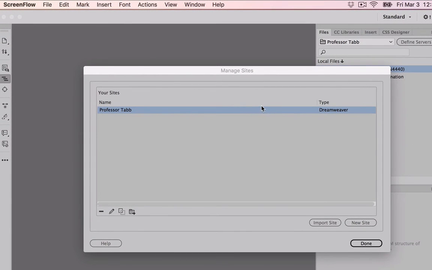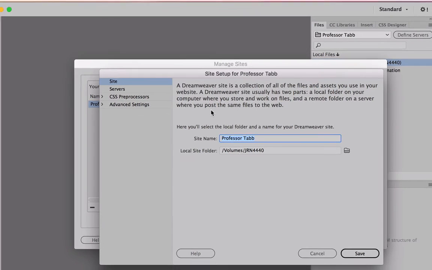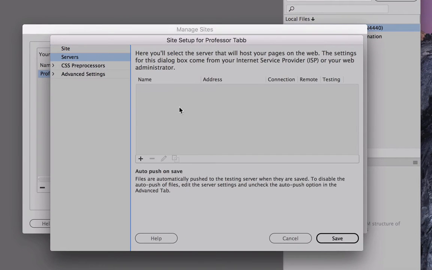Once you have re-accessed sites and managed sites, double click where you see your name indicated. Now click on Servers. All right, this is the site setup for Professor Tab. So it should say site setup for your first and last name. Here, as indicated, our Internet Service Provider, our ISP for our website, the web administrator is Troy